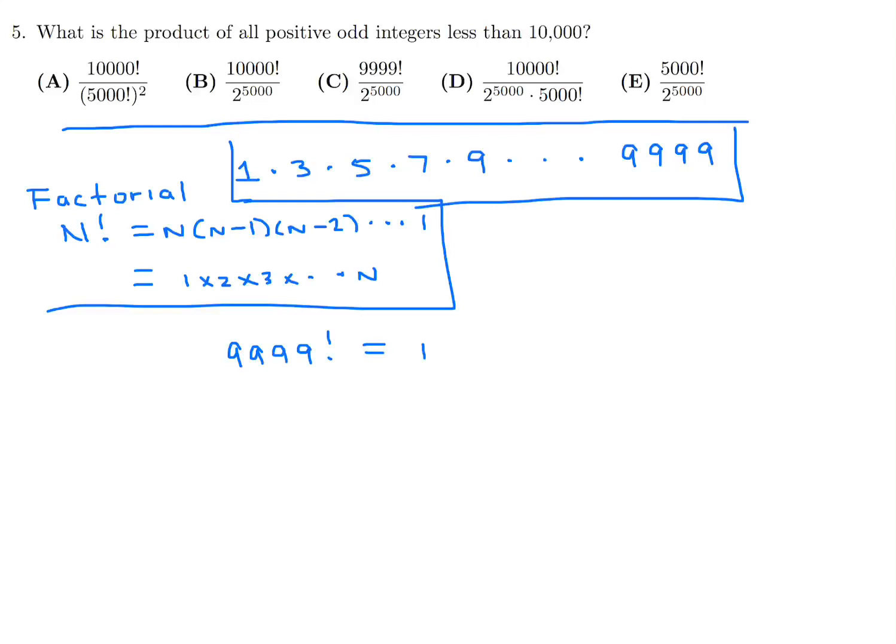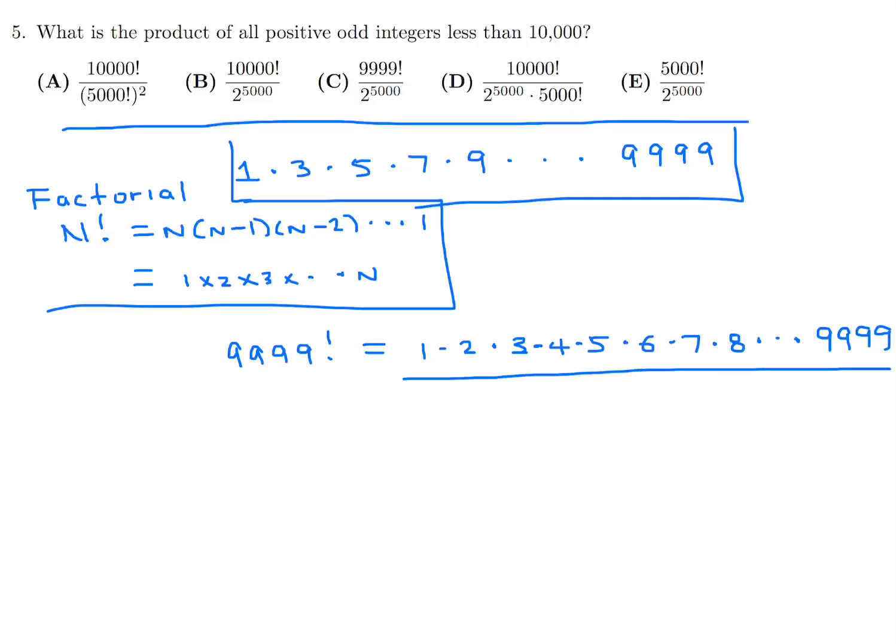It would be 1 times 2 times 3 times 4 times 5 times 6 times 7, right? All the way up to 9999. You're multiplying these numbers. That's what the dot means, I just don't want to put in X's. It makes it confusing. Now, this is 9999 factorial. But we have every odd number. So if I divided this by all the evens, 2 times 4 times 6 times 8, all the way up till 9998,